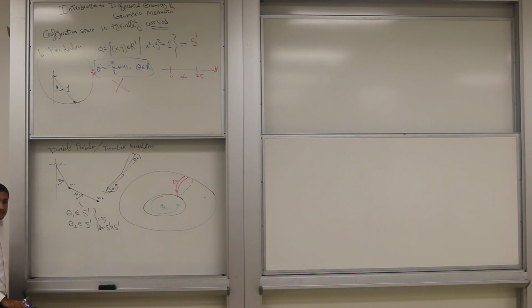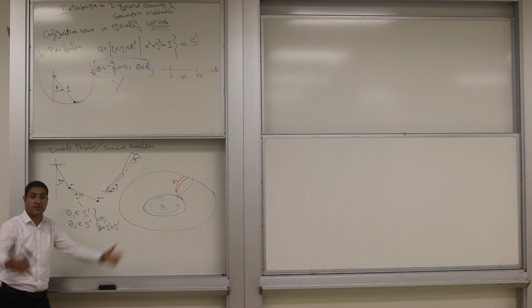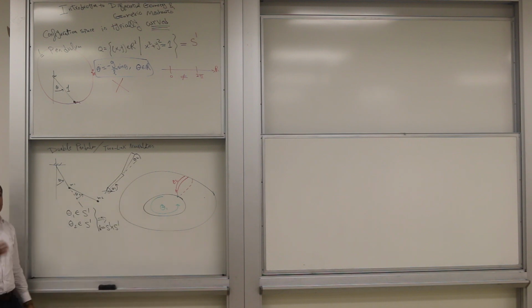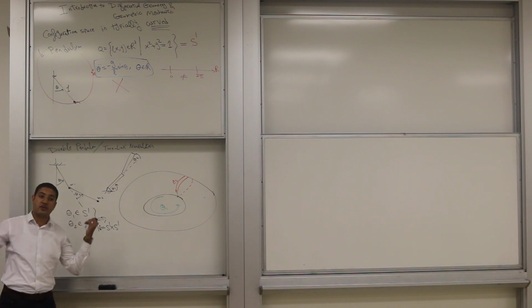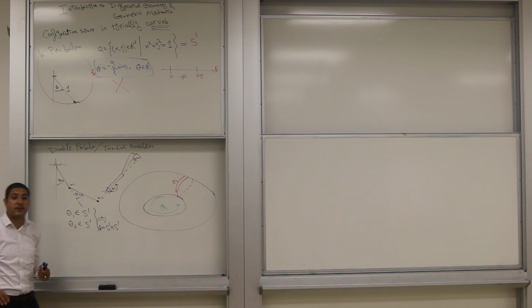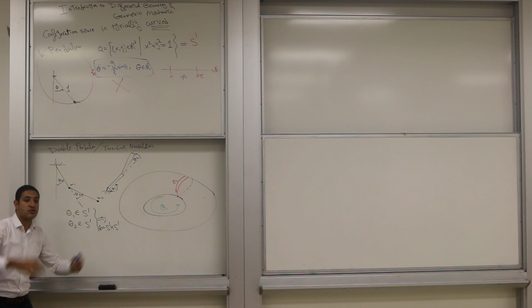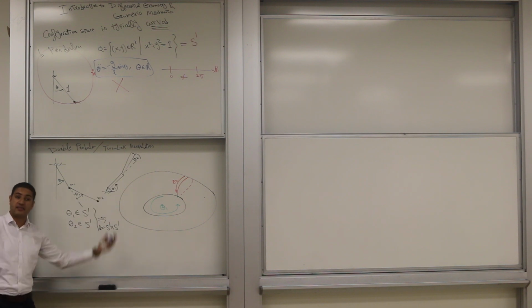Okay? You can add more and more. I can have S1 cross S1 cross S2. It depends on your system. If your system is characterized, here we were talking about maybe single mass or double mass. But in general, remember Lagrangian mechanics. I'm talking about the configuration space. The configuration space of a whole mechanical system. The configuration space of a mechanical system is not concerned with a single mass. It is concerned with the whole system, the entire system, right?